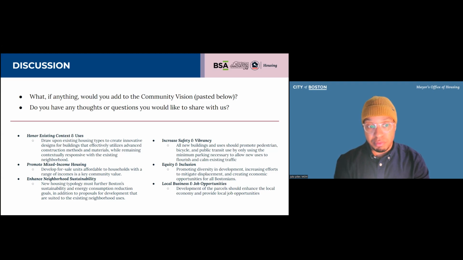In terms of what is feasible for a project, I think the range is 6 to 12 because the cost to build per unit right now is really high in the city, and the more units you can do, the lower that number becomes, and we want to be able to support as much ownership as possible. So that range really is because of feasibility. We want to make sure that we're designating proposals that are real and that we can actually build. We don't want to designate a proposal that looks really good on paper, but the numbers don't work. So that's why you see that range.